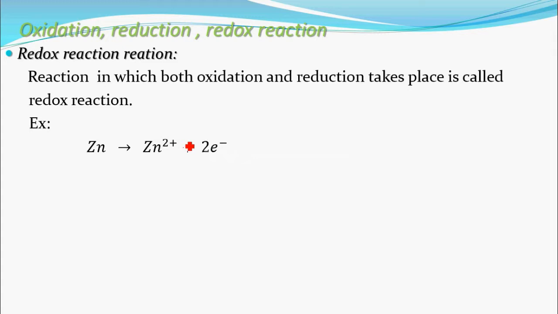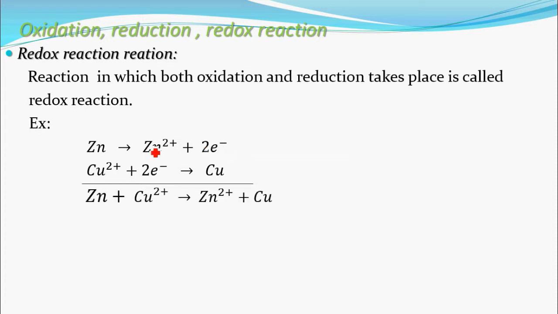Why does it undergo this? To attain stability. Zn is stable as the Zn2+ ion compared to Cu+, and you will understand that more clearly later. Just understand what a redox reaction is now. Cu2+ ions take these liberated 2 electrons, consuming them. So this is a reduction reaction to form Cu, copper. This is the oxidation reaction and this is the reduction reaction. Combining both these reactions gives the redox reaction.